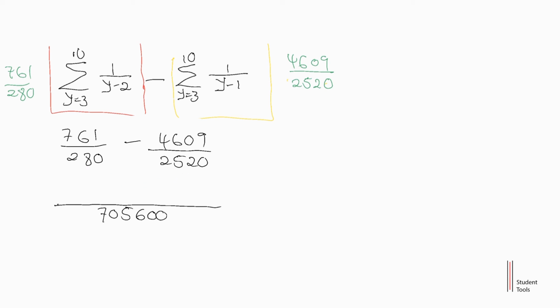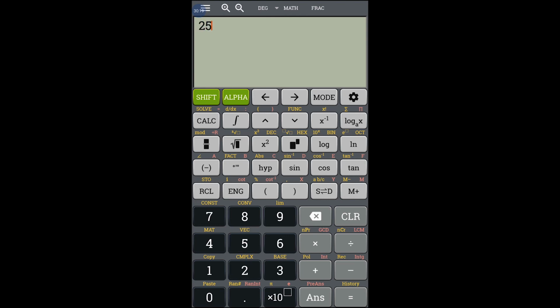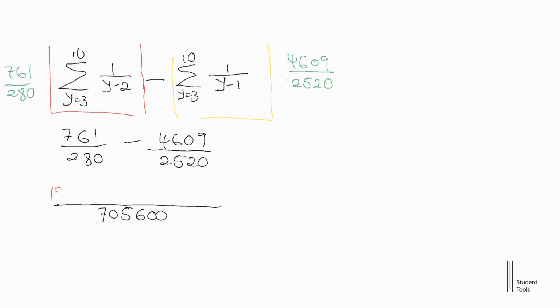So 2520 multiplied by 761. That is 1,917,720. And this is minus